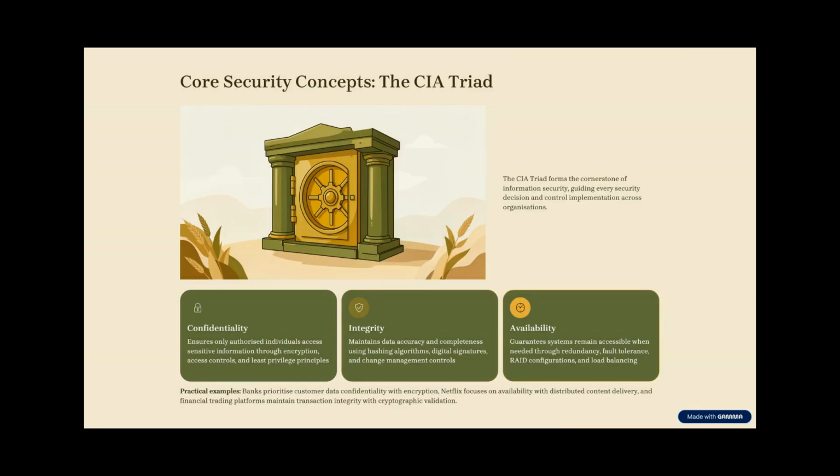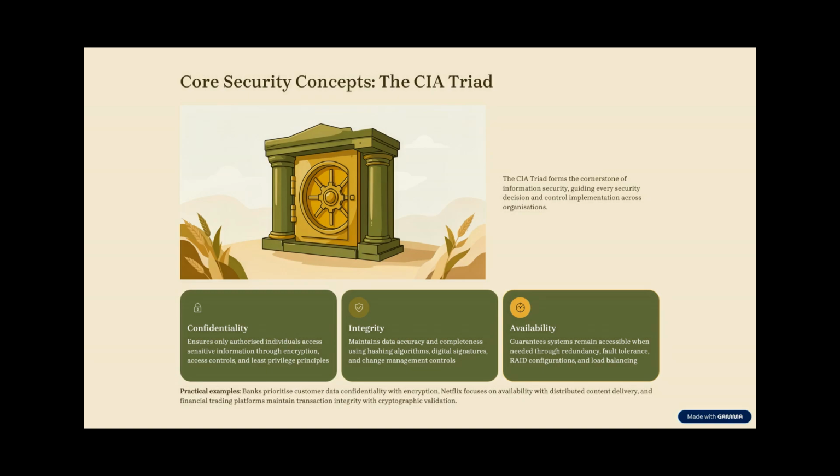Let's talk about the CIA triad. You've heard the terms confidentiality, integrity, availability. But CISSP wants you to think in real life, not definitions. Confidentiality means preventing unauthorized access. Example, your WhatsApp messages use end-to-end encryption. Only the sender and receiver should be able to read them. If a third party can see the message, confidentiality is broken.